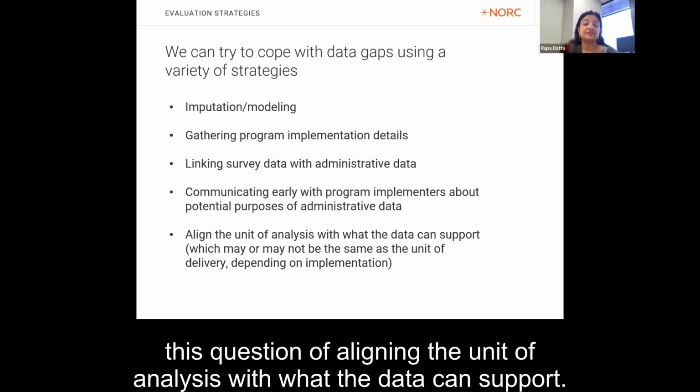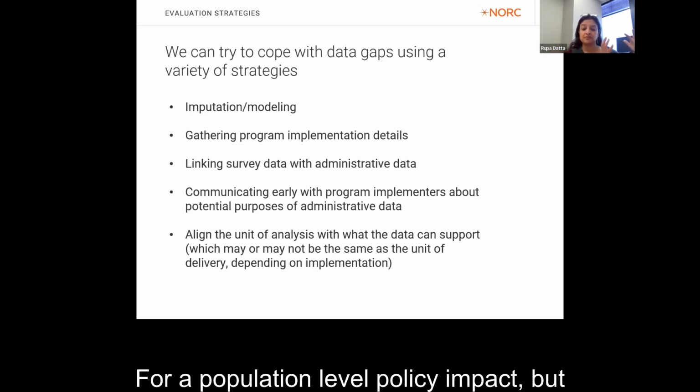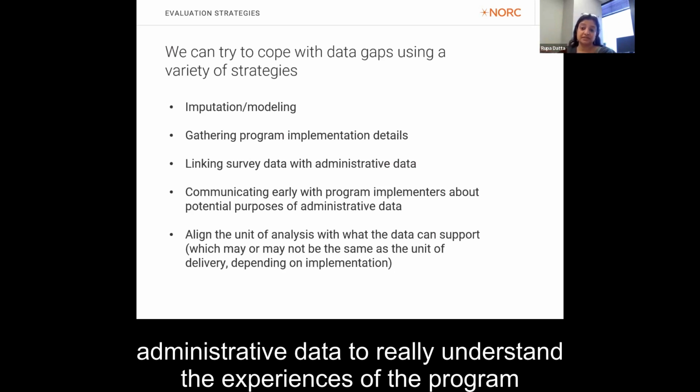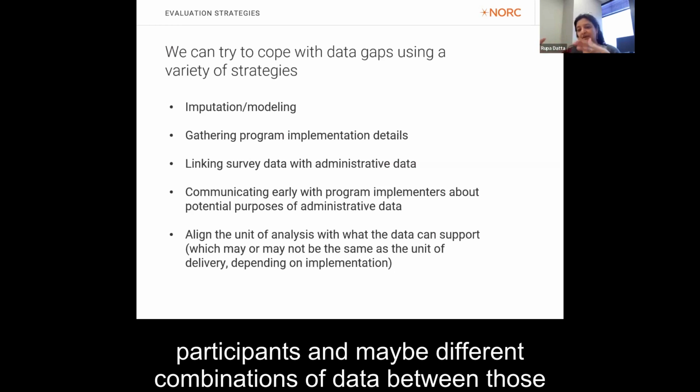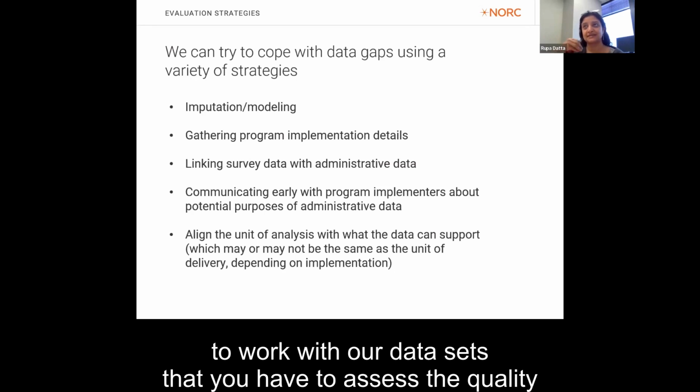And then this question of aligning the unit of analysis with what the data can support. It's often the case, I think, that we'll need to use maybe survey data for a population level policy impact, but administrative data to really understand the experiences of the program participants, and maybe different combinations of data between those. And so I often encourage people who want to work with our data sets that you have to assess